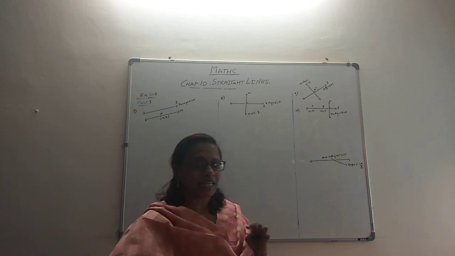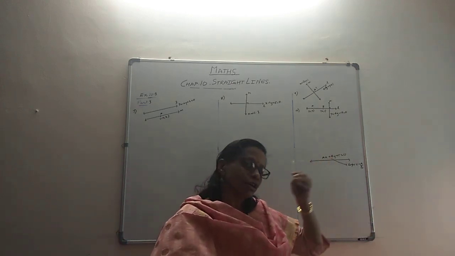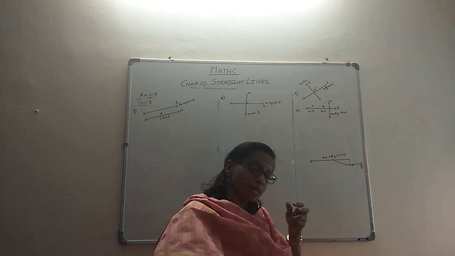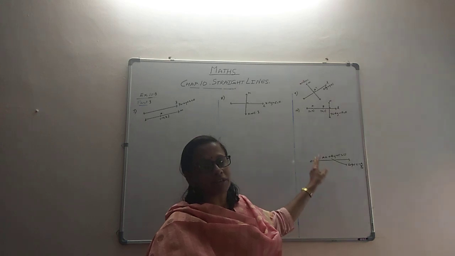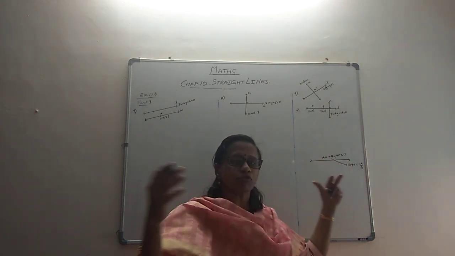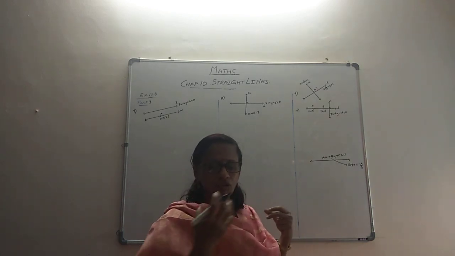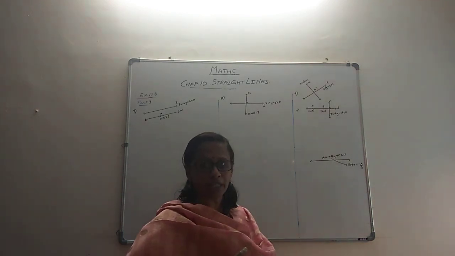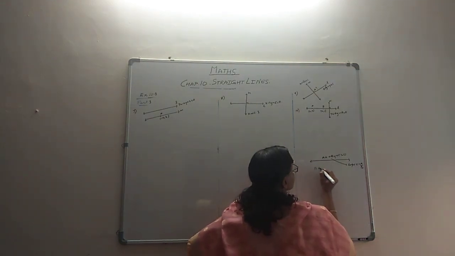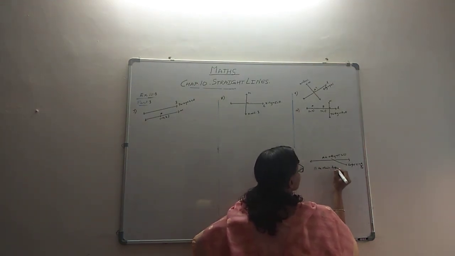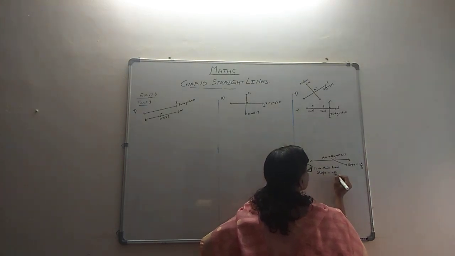Generally the technical way of doing it is you should keep y on this side, take everything on the other side, get it into the form y equal to mx plus c and extract that m, and that's how you get the slope. But directly as a technique, if you are given an equation of this type 3x plus 4y plus 2 equal to 0, then you can take the coefficient of x and y, and you will be able to get the slope. So any line which is parallel to this line will also have the same slope.